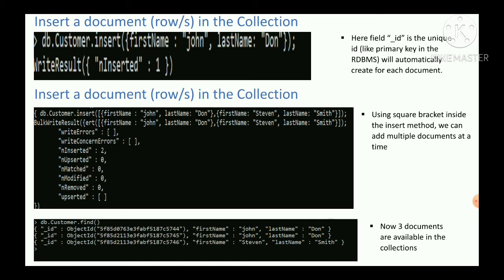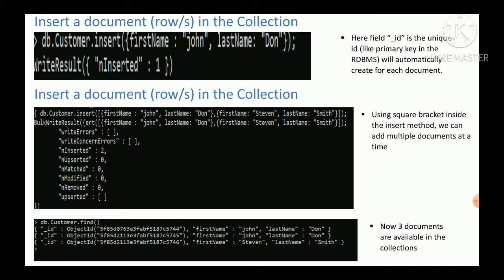If you look into that result, it has 3 columns: _id, first name, last name. We gave only the first name and last name. So _id is the primary key, that is the unique value. That field is created by MongoDB. To handle the records in a unique format, MongoDB provides this facility. So you don't need to do anything for the _id, it will be provided by MongoDB.